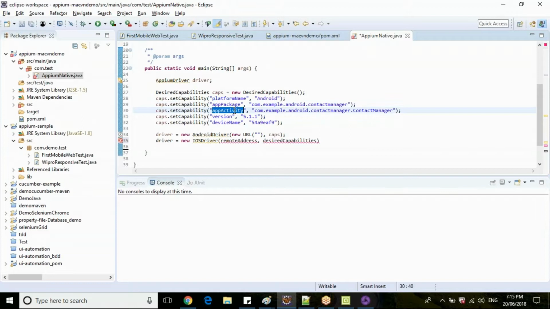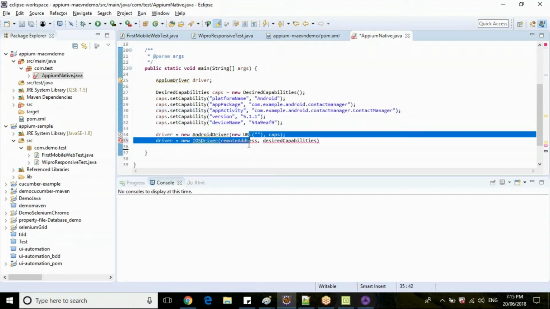See, activity name is something that you are not giving for all the pages, right? Your automation code might go through 5, 6 pages, but you are giving only your home launching page, the first page or the splash screen activity or the home activity page. This is my first page, so from here you start executing the automation code.